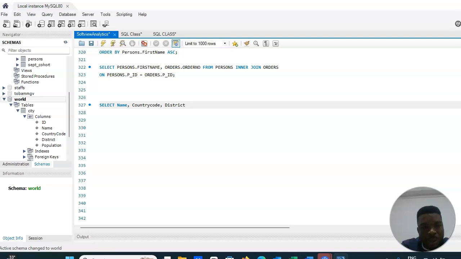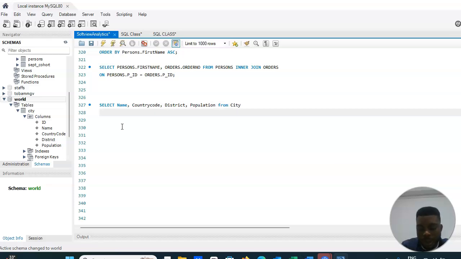You must ensure that it is spelled the same way it is spelled on the database, right? Name, that's why I didn't put city name. The database does not recognize city name, it recognizes name. And I have country code instead of the ordinary code as against what was asked in the question. Then district, and then also population. From what table, which of the tables am I selecting all this from? Obviously you can see it's from the city table, from city,